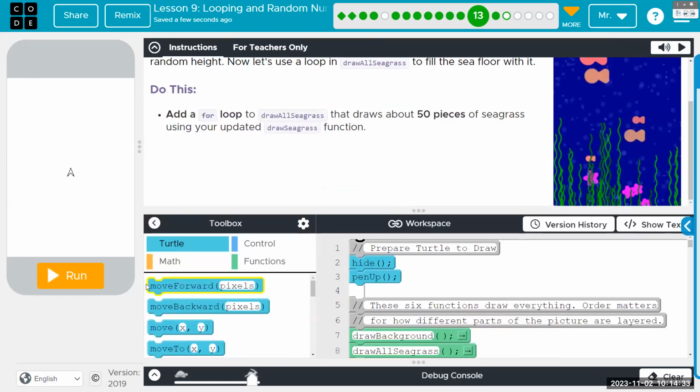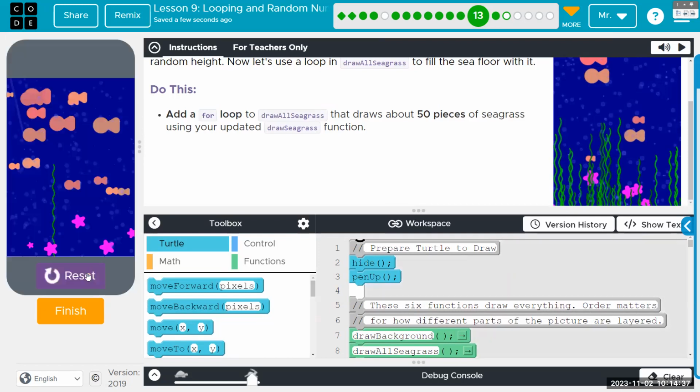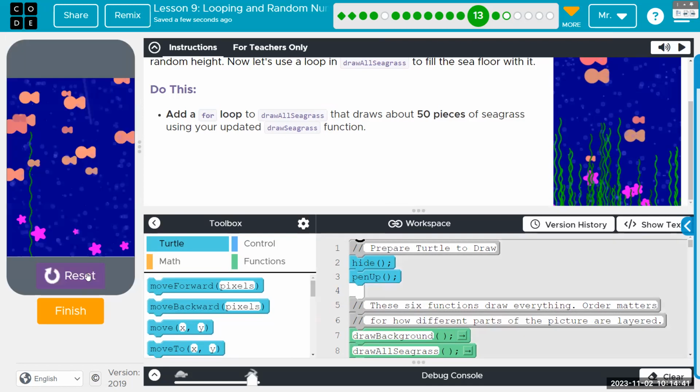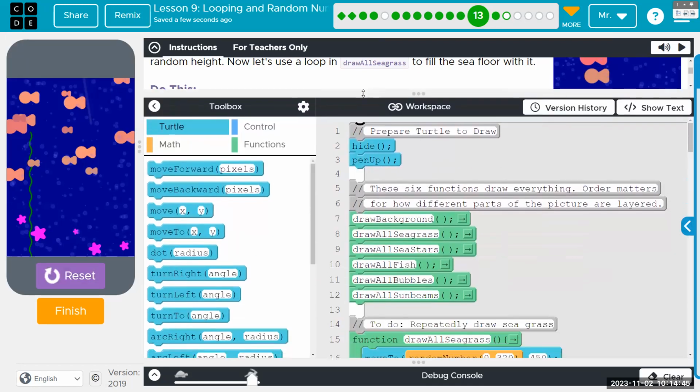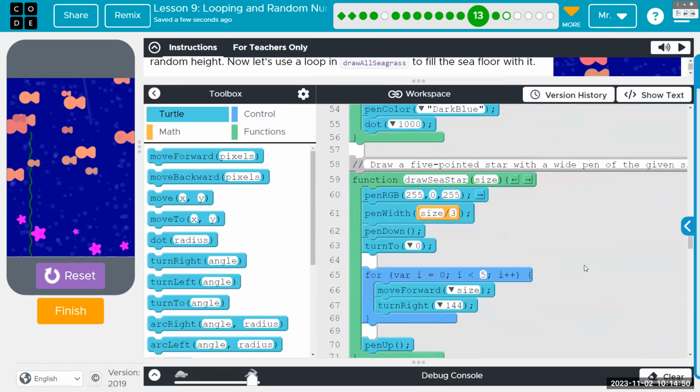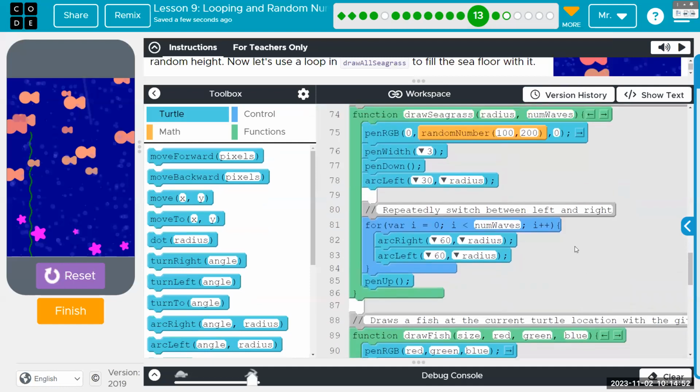Okay, so we have a seagrass function that has different sizes of arcs and different number of arcs. There's also a neat, they do essentially the same thing as the color variation with the fish. The draw one seagrass, we don't send it a random number when we call it like we did with draw fish. This works also.